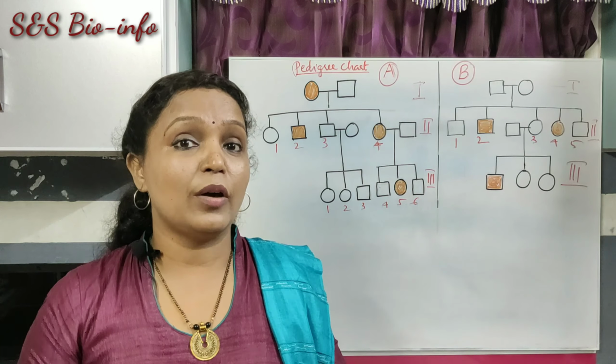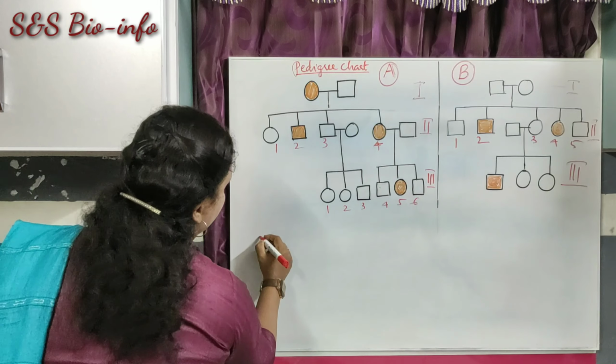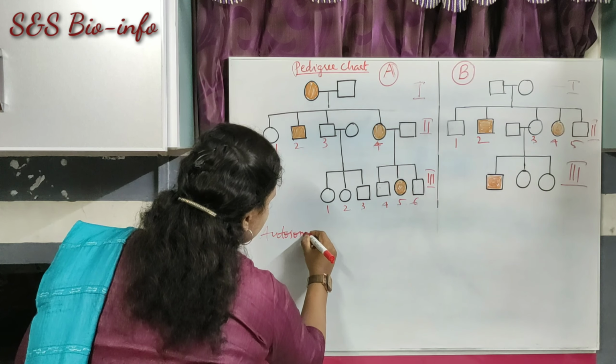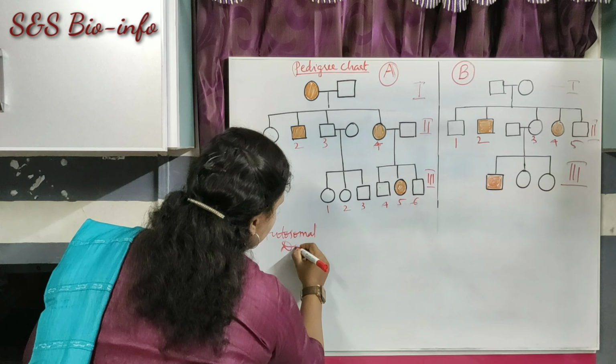First of all, let's look at some facts on the autosomal dominant trait. This type of trait will be observed in all generations. That means they do not skip a generation. Did you get it? Observe the chart. All generations have an affected individual. So the first point in an autosomal dominant trait: it doesn't skip generations.